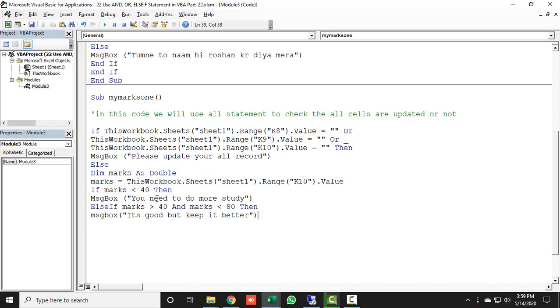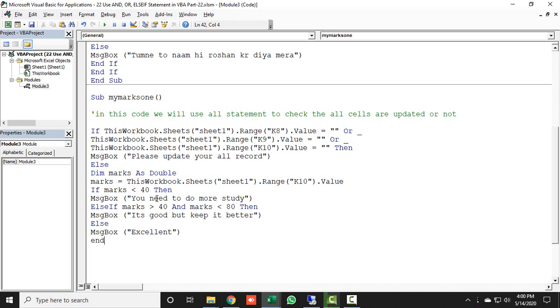Alright, means if she gets marks from above 40 to below 80, then the message will show that it's good but keep it better. And in the last condition, which would be in else, generate a message box. This would run when your marks is more than 80, then excellent.